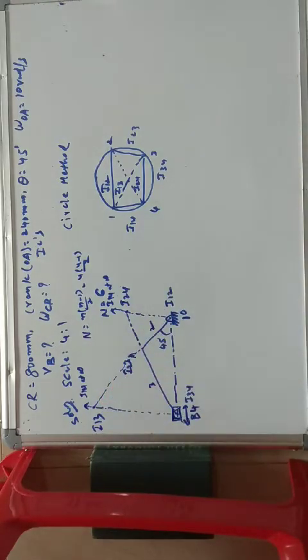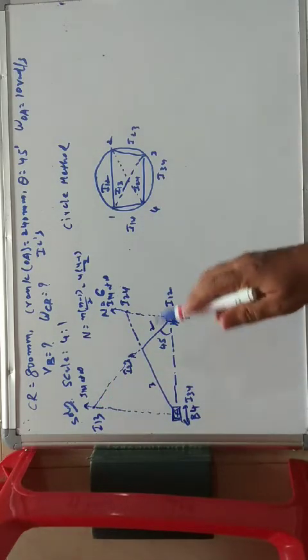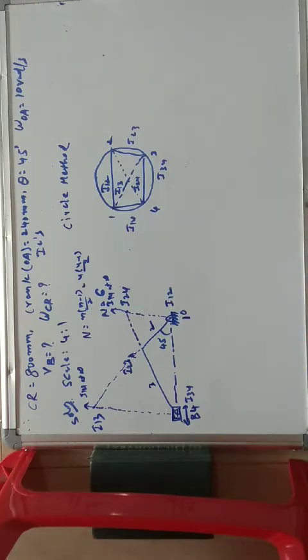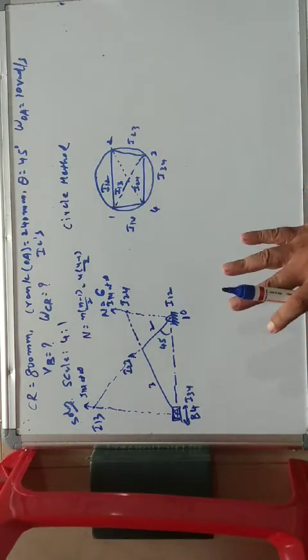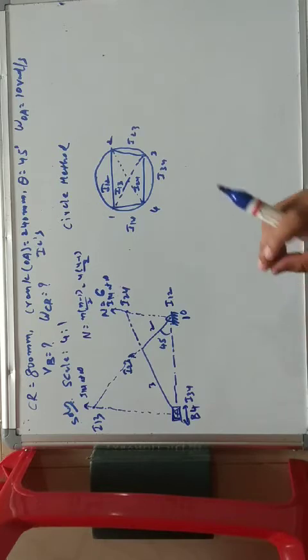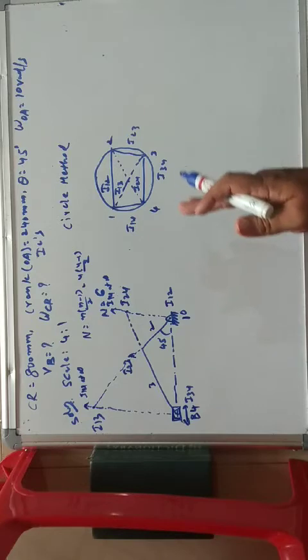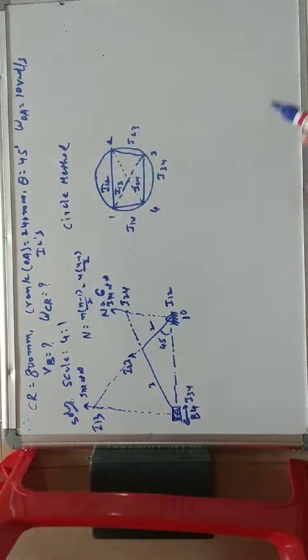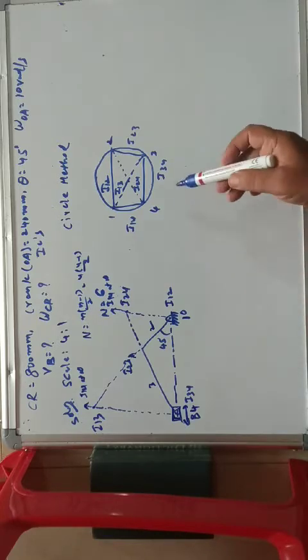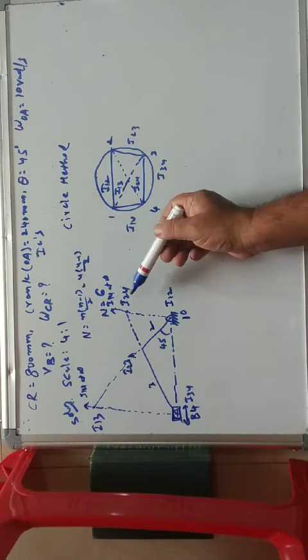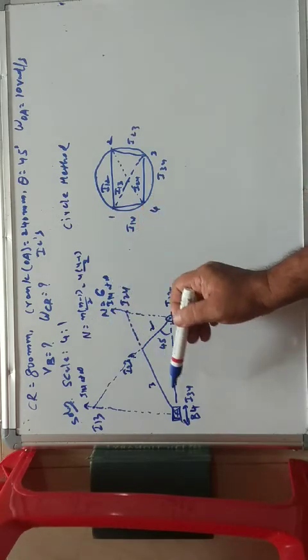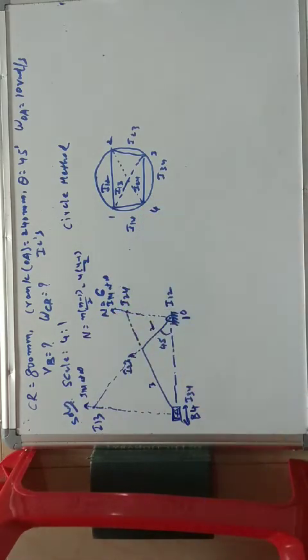So like this, we are going to find all the instantaneous centers of a slider crank mechanism. First, as you know, whatever the dead centers are there, we try to locate with the naked eye. The remaining are obtained by the circle method. After locating the instantaneous centers, we have located all 6 instant centers. All the 6 centers we have located.